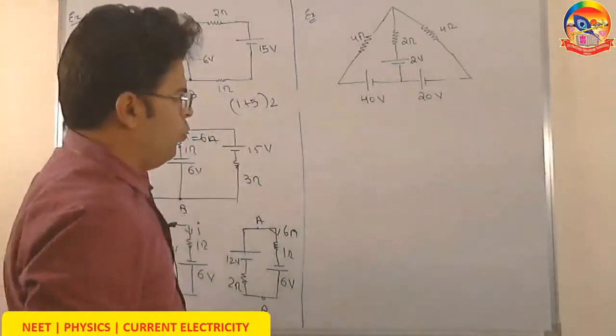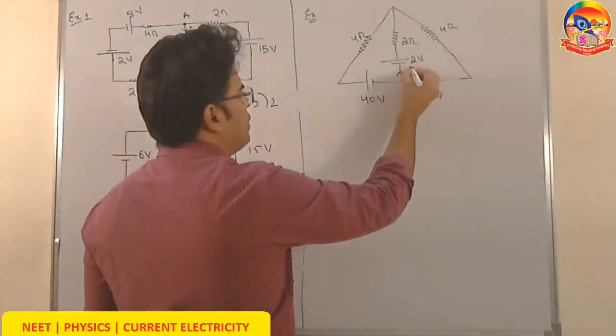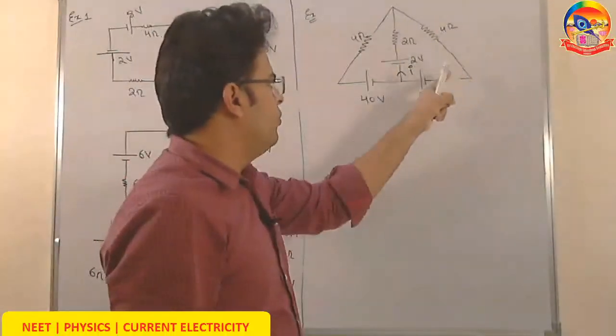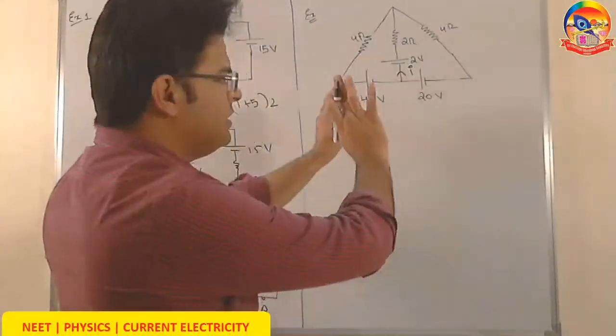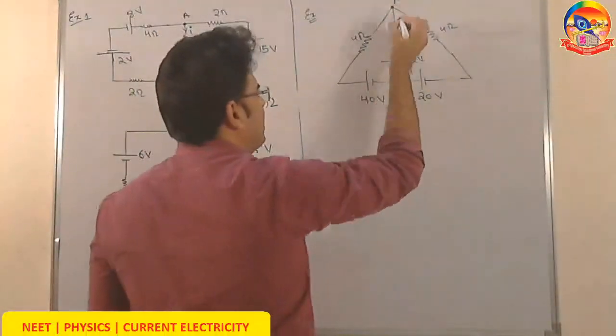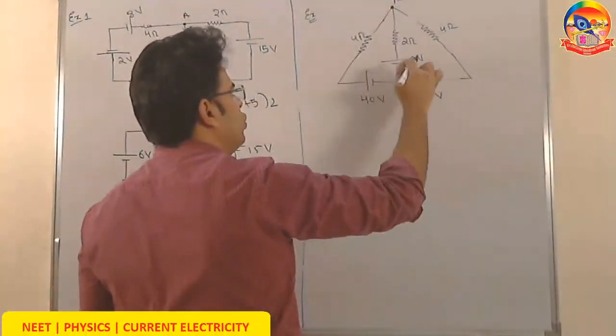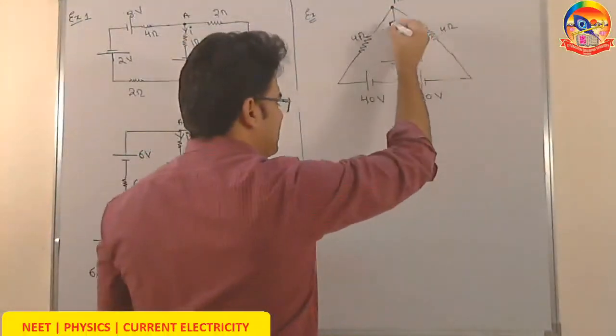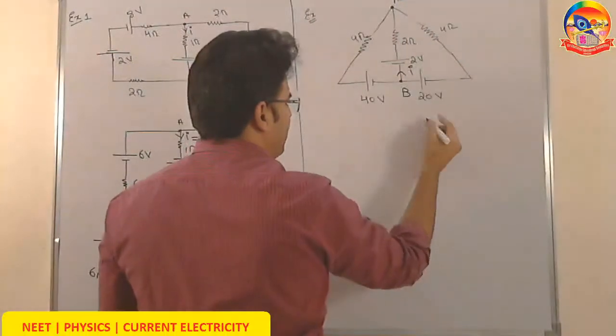Let's do one more. Here also they have asked what is the current in this central line. So there is 4 ohm 40 volt, 4 ohm 20 volt, and this line. First of all, it's just a diagram thing. Think of these 3 lines connected between A and B to be in parallel. The first line, the second line, the third line. We need to find current in this line. So we will draw this line separately in the end.